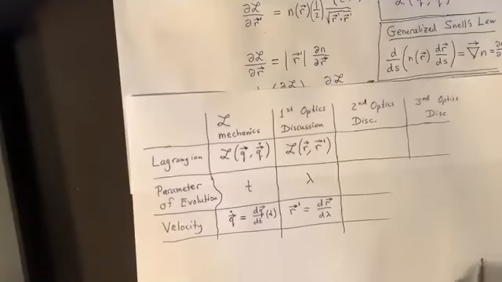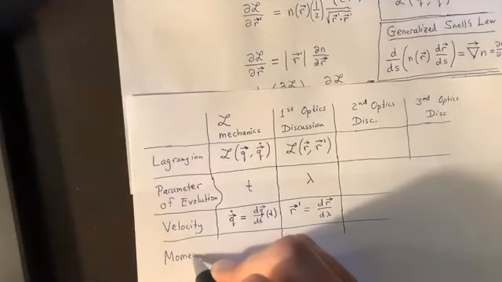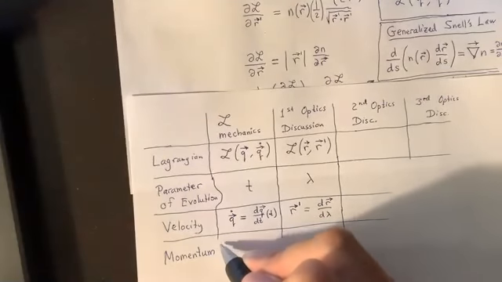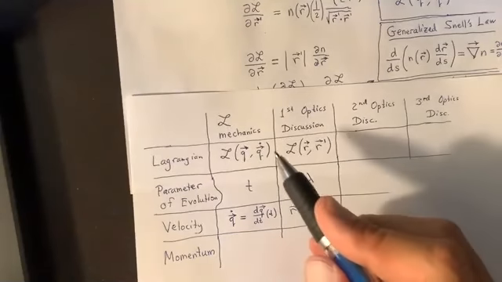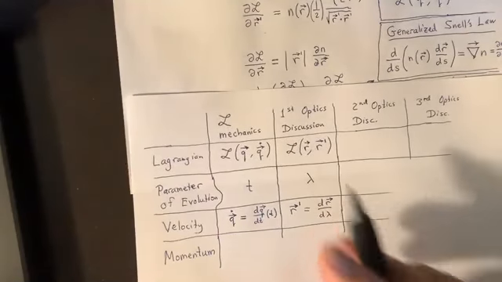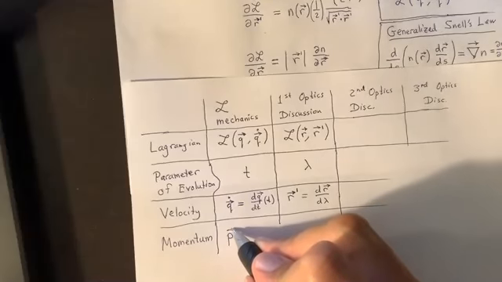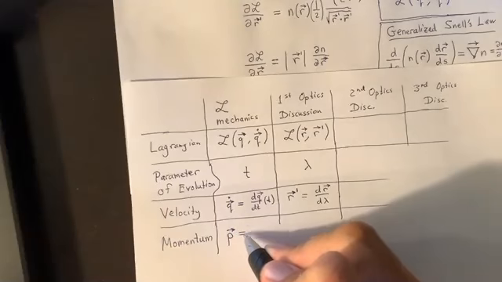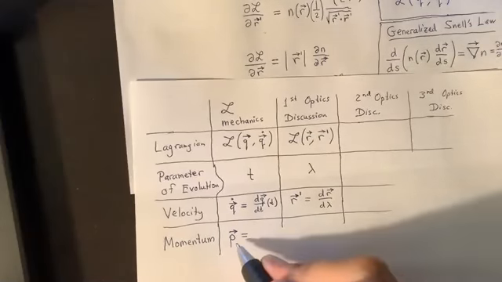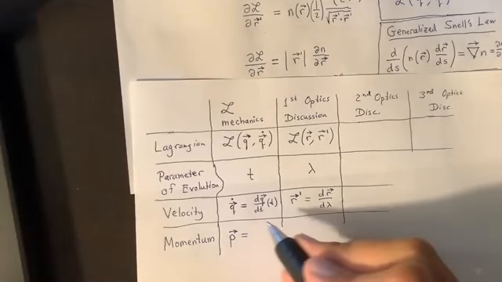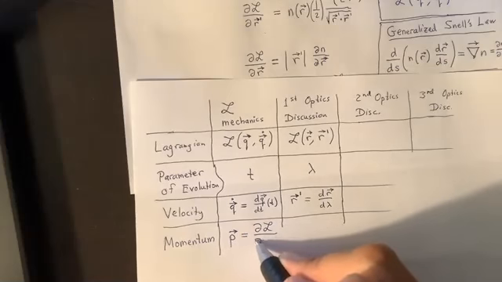Okay, next, the momentum. This is important here as we work through chapter 13. Remember, this stuff in this first column is what's really important to us. So the momentum is defined in the following way. Sometimes we write this with an index, and sometimes we like to collect it into a vector. So when we write the p vector like so, this is a partial derivative of the Lagrangian